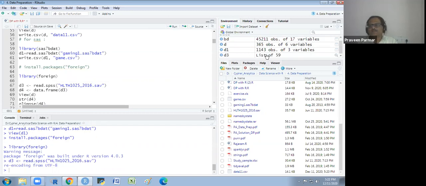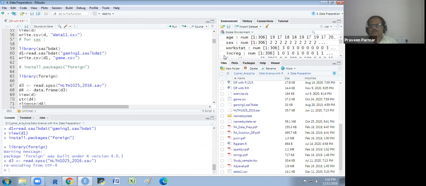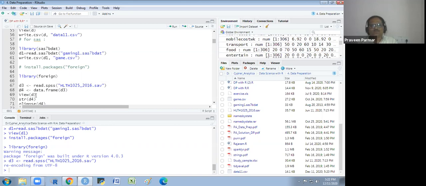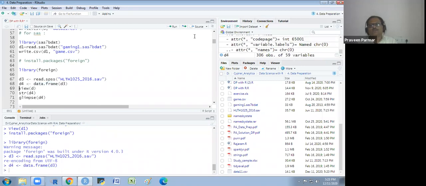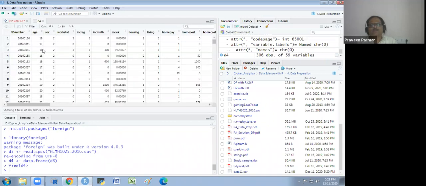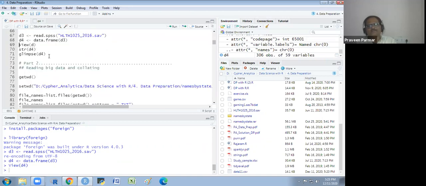It is not a data frame at present. If I show you this list, you will see it looks like this. So I will convert this into a data frame. Then I will use data.frame(D3), and I could give any other name or the same name if you want. So now I will show you D4. It is a data frame now. We could read in this way. SPSS format files are read in a list format. It gives the output in a list format. Then we convert these into a data frame. So that is a way to read the various files here.